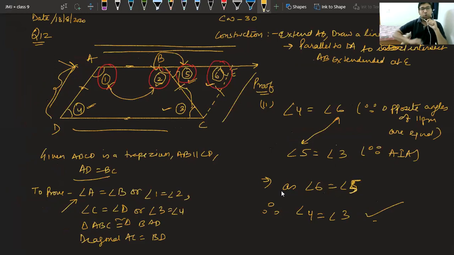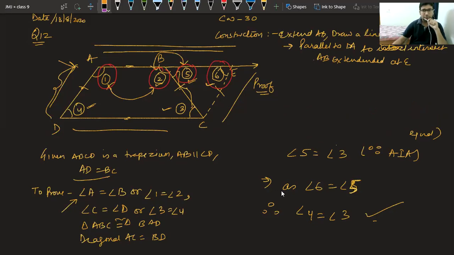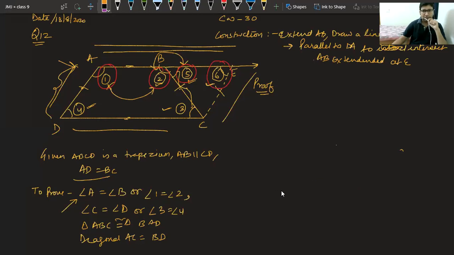Okay. Now class, we have got the second part. Now comes the third part. I think you can prove the third part very easily on your own. Still, while I am rubbing this, I want you all to try it on your own. Try the third part fast. It is very easy. You know all the things which are required to prove it congruent. Just try it once. The question is very easy after the first part. Please try.